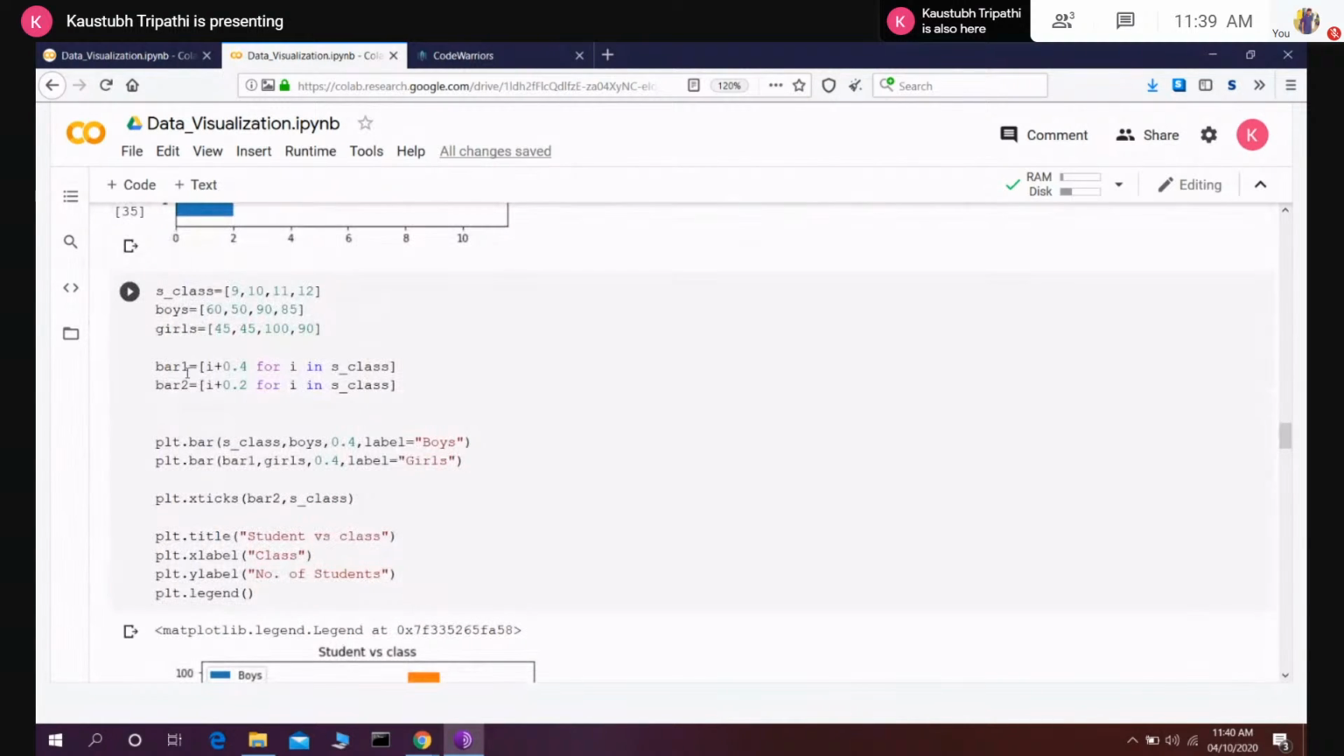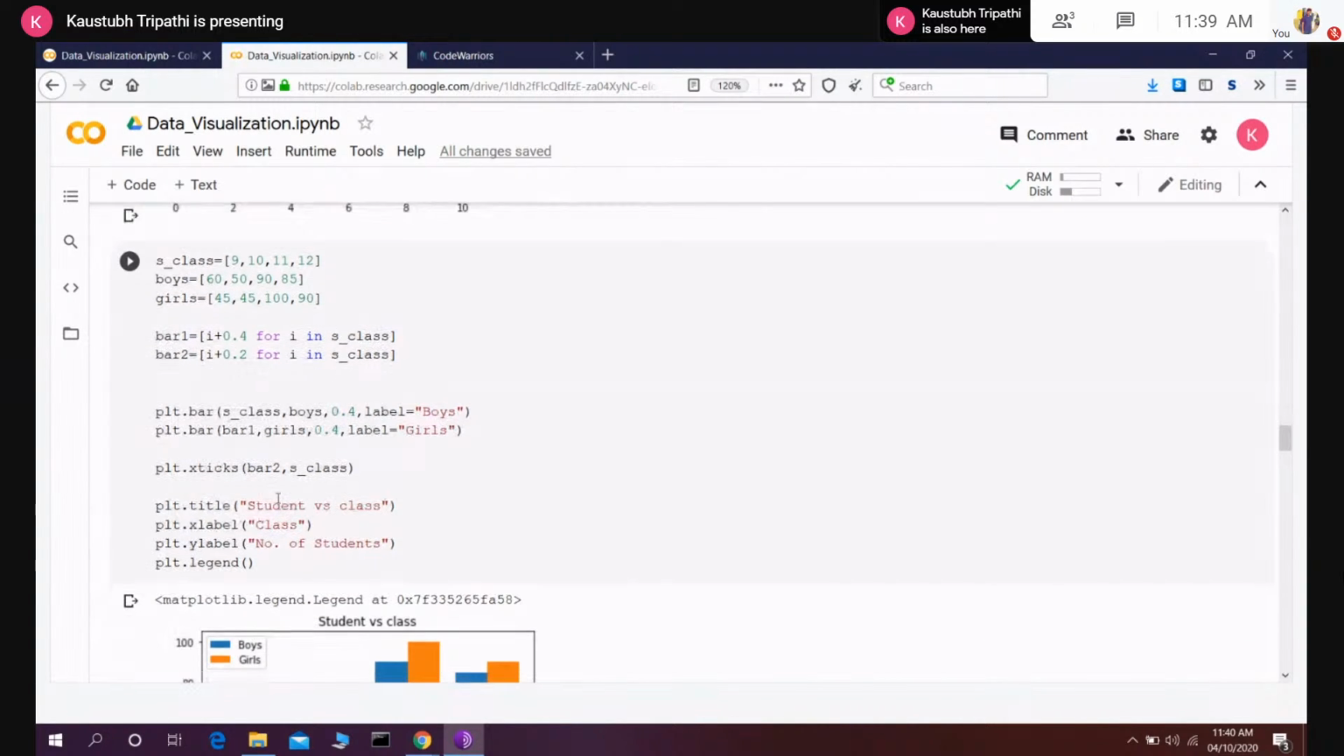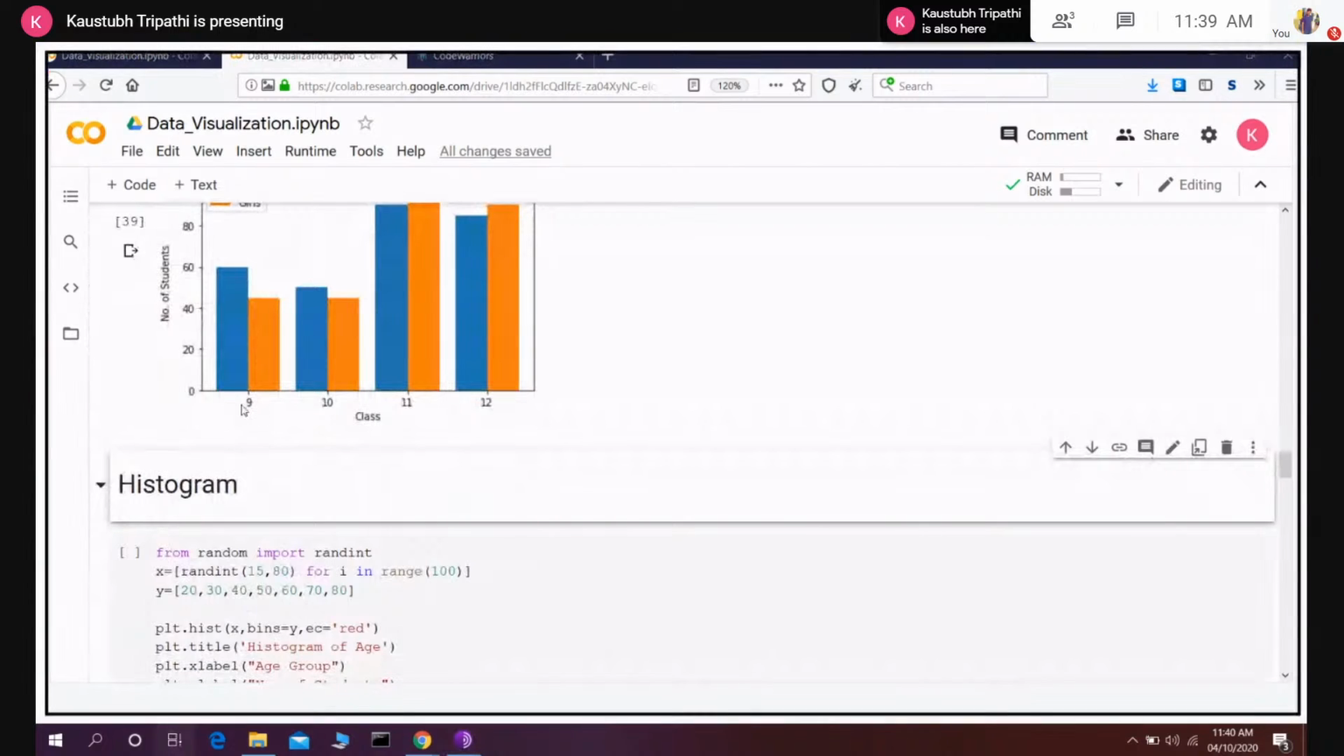And that's what I did over here. I created one more list, bar 1, and for all the s classes, these numbers 9, 10, 11, 12, I'm fetching each number one by one and adding 0.4 to it. So I'm shifting the orange graphs to the right by a length of 0.4, and that's what I did over here, and it shifted all